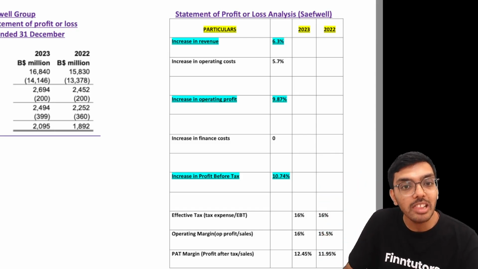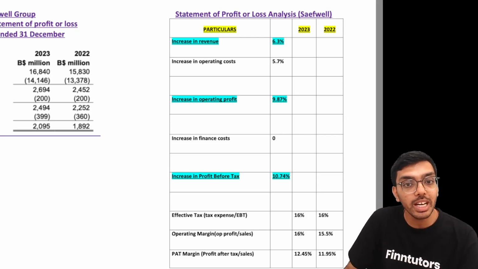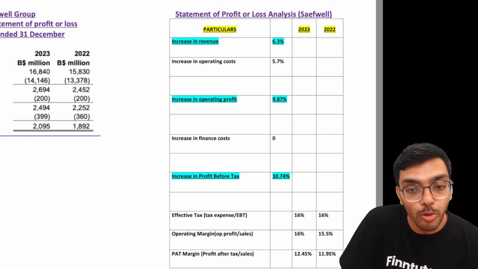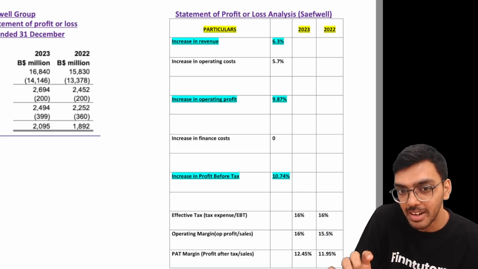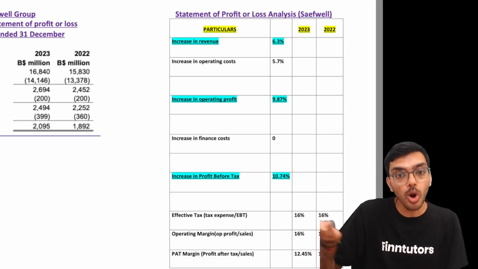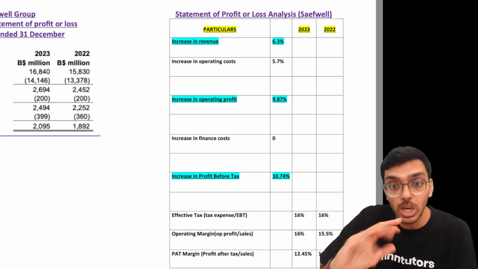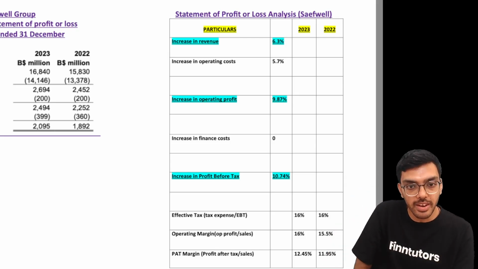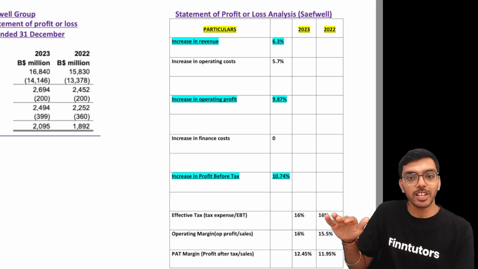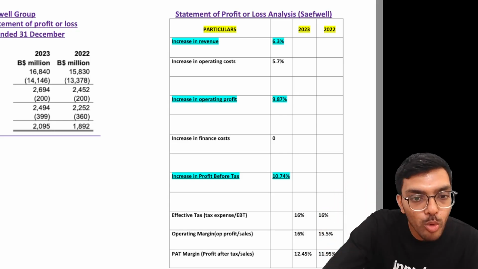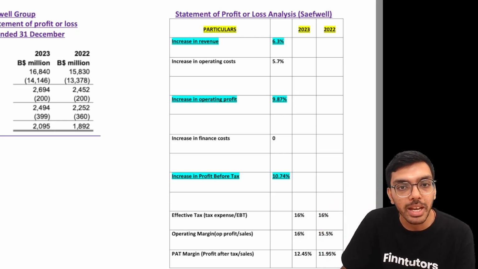This gave me a healthy increase in operating profit of 9.8%. Finance cost increase is 0. Profit before tax increase is 10.74% because the same amount of loan remained when your profit went up. So naturally, your profit before tax will go up compared to last year, close to 11%. Your tax went up from 360 to 399. The straightforward explanation is that you earned more, so you pay more tax. And that is proven by the effective tax rate, which has remained constant.